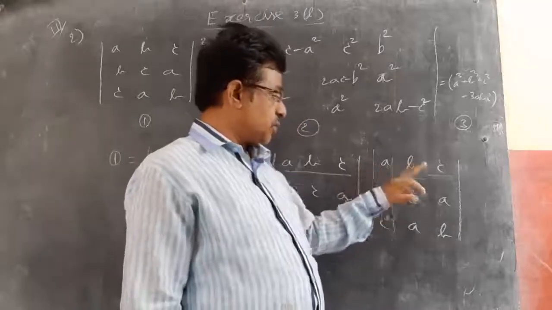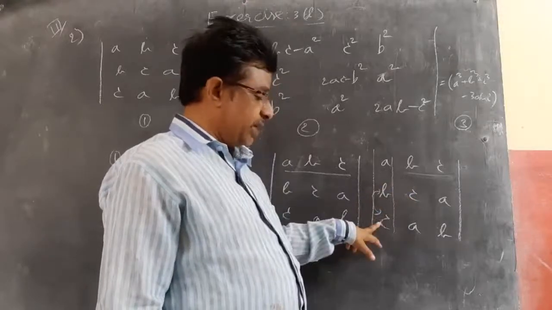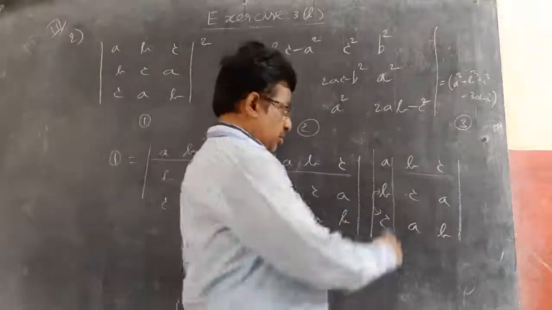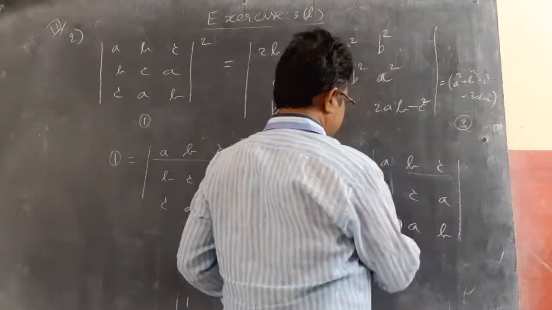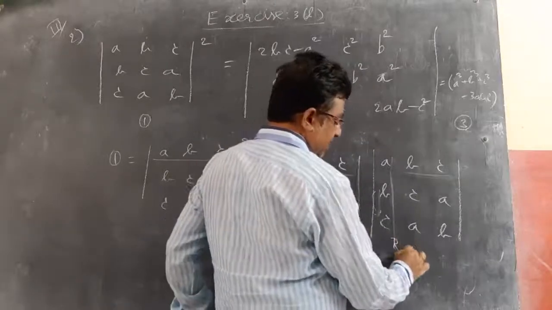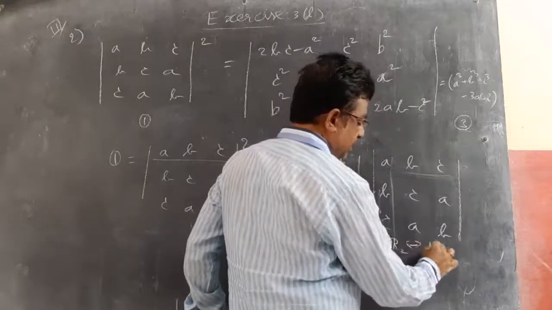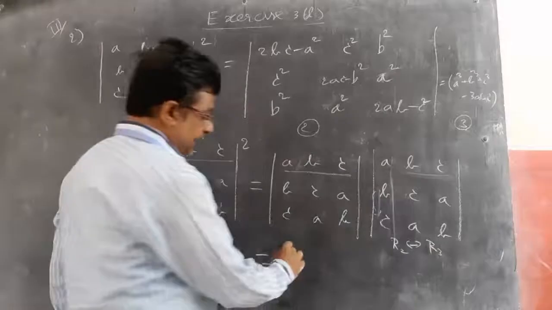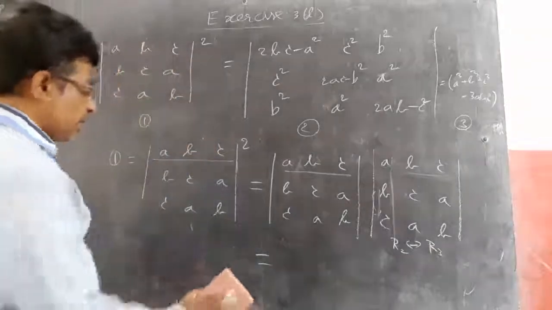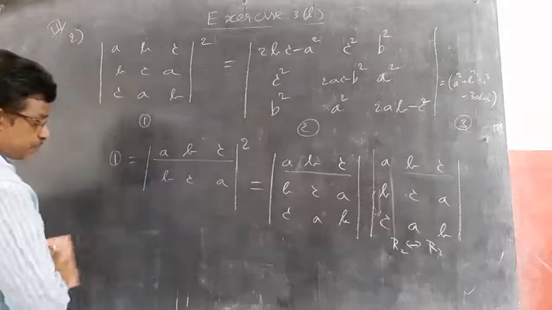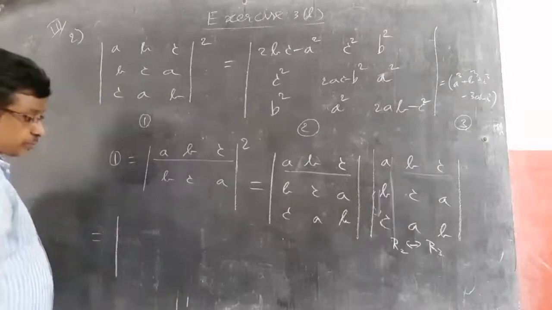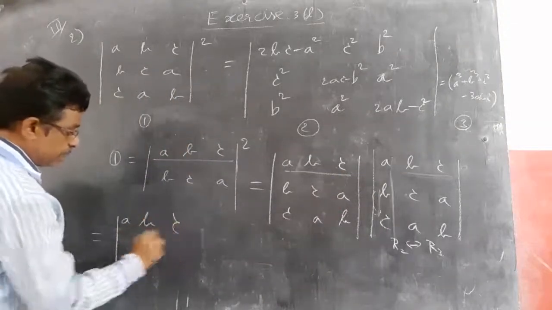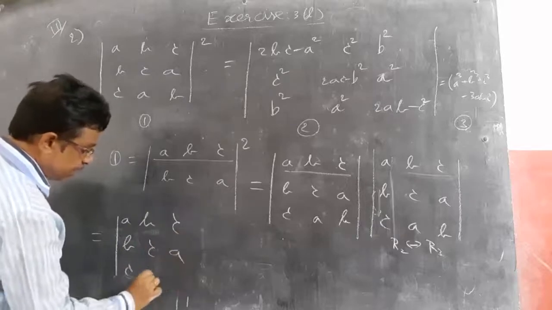So if I am interchanging these two rows, then its determinant is changed by the negative sign. That negative I will give to the first row. So automatically here comes C, here comes B if I interchange these two. So 2BC minus A square. For this determinant I am interchanging R2 with R3. Then what do I get? First row with first column. First ABC as it is, BCA as it is, CAB as it is.